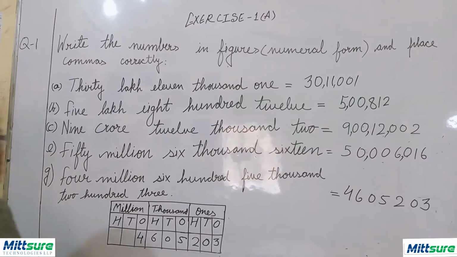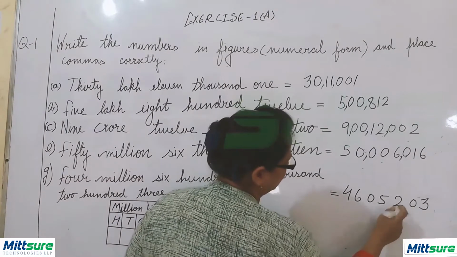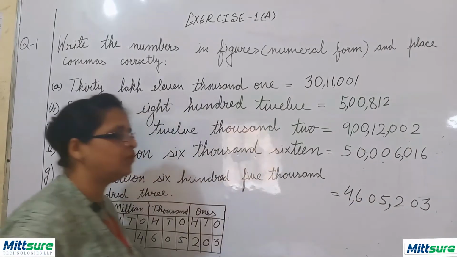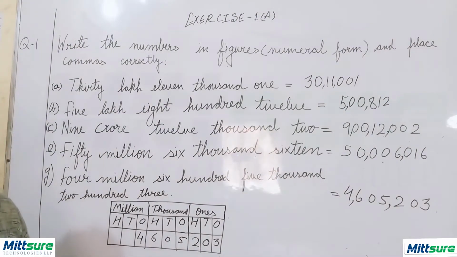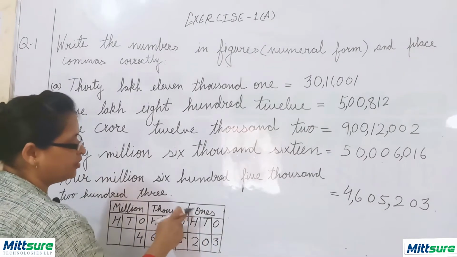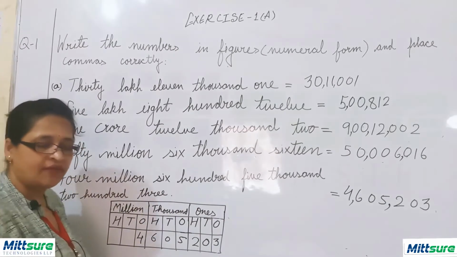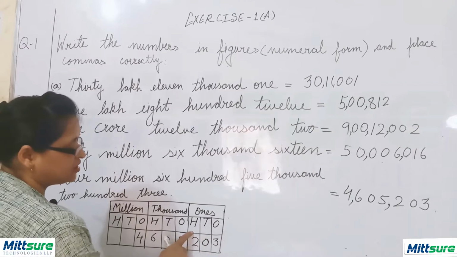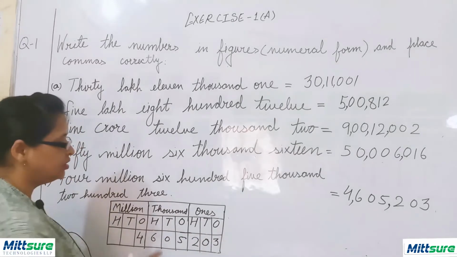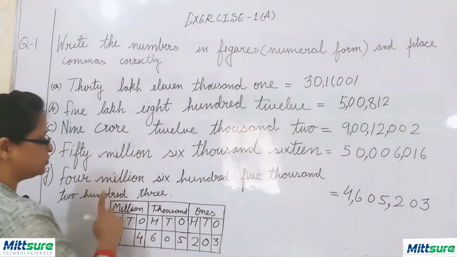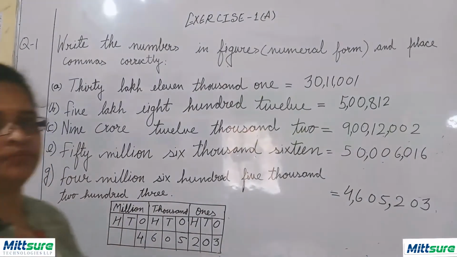each 3 digits. So this is 1 2 3 and 1 2 3. We know why we are putting the comma after each 3 digits, because there are periods having 3 digits. It means we can say 3 digits have 1 period, and after 3 digits another period, then the thousands period, and then the millions period.